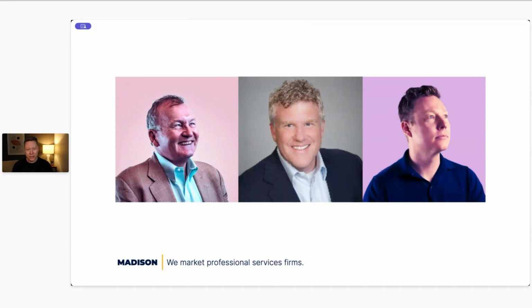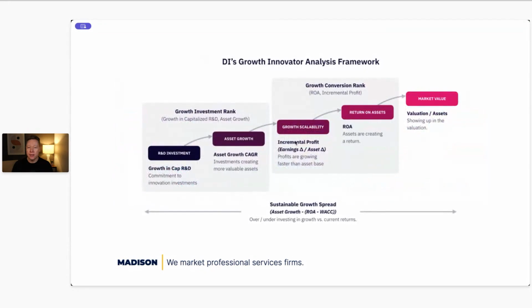And one of the first things that we did is we started working on our own framework together. And we called it the Growth Innovators. And the first version of it was here. We had a proprietary data set that we had access to through a shared relationship with an organization called Valens that basically took public accounting data from public companies and normalized it so that you could make comparisons between them. And so we had a unique data set that was really advantageous for us. And we tried to codify it in a framework, and it was basically, how much are they investing in innovation?